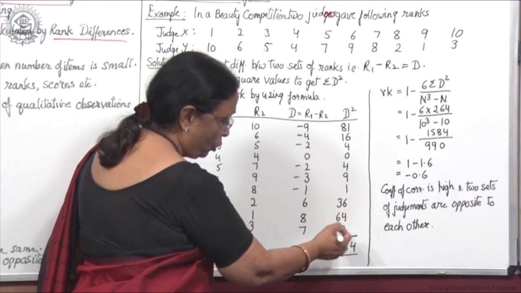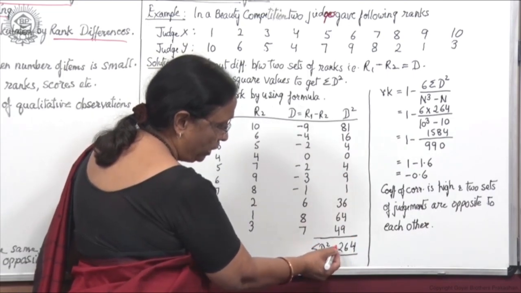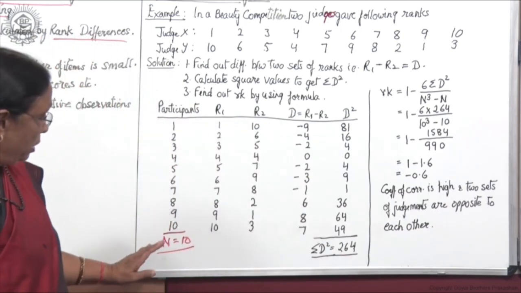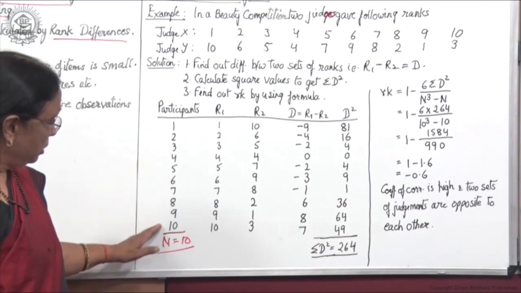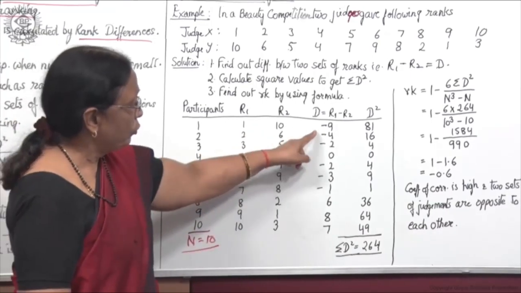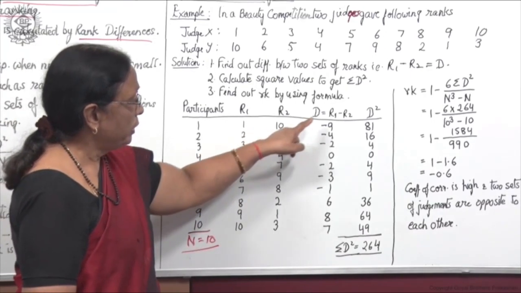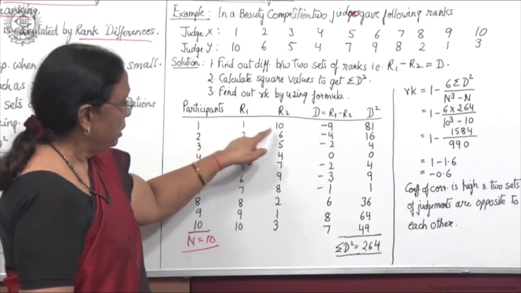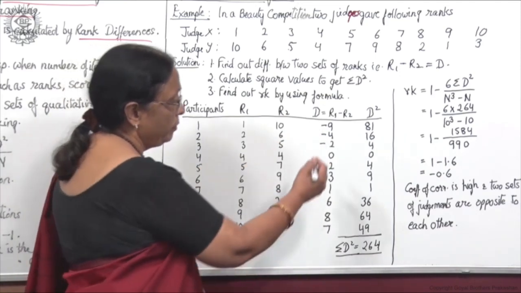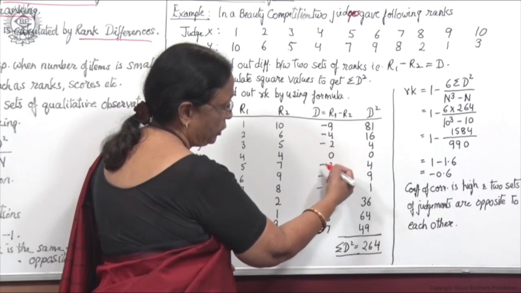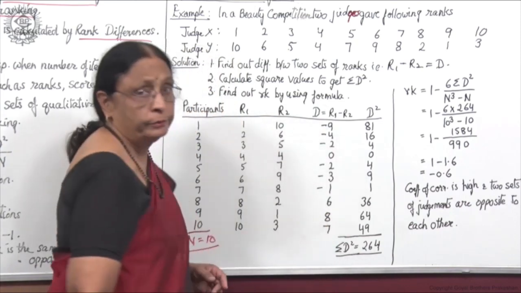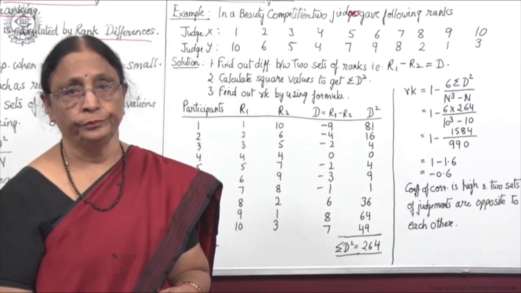Now you have to do the total of D square, that is sigma D square, and here it is 264, right? So in this way calculate N, total number of items, then R1 and R2, find out the difference between R1 and R2, that is R1 minus R2 is D. Find out the difference of individual values, write it down here, then make a square of the D column, each individual value make a square of it,